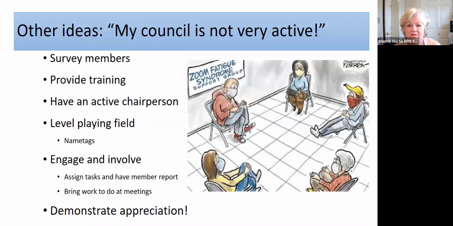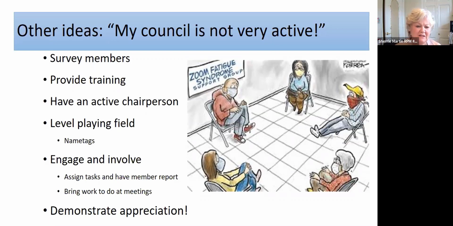I loved Betty's opening story about herself and how her advisory council meetings went on her very first one. And I have to say that when I was a coordinator, I had a lot of meetings like that where I was the only one talking. And the members were not sharing or discussing. They would just nod their heads. Even if I would ask them for their input, they would just say, oh, whatever you want. So my goal is to try and get them to participate more in meetings.